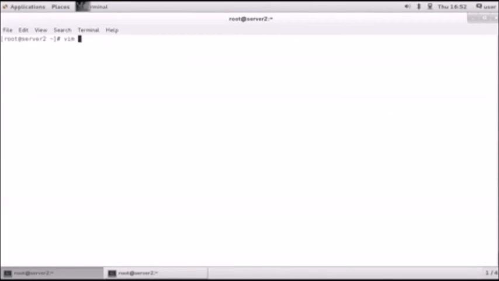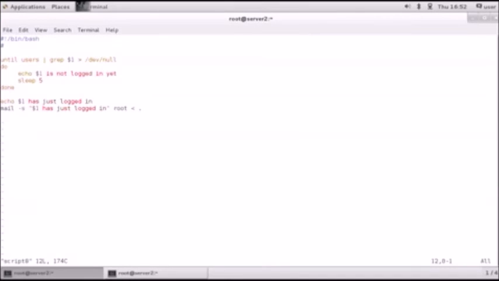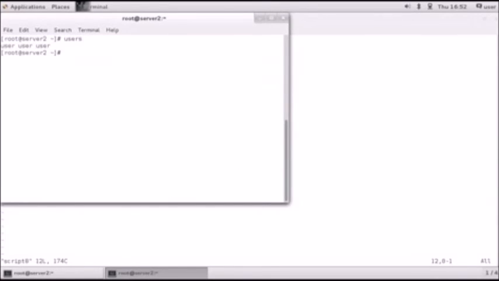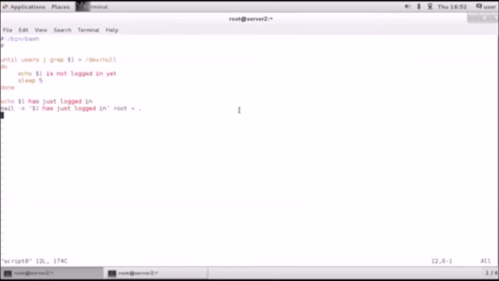Let's have a look at an until example as well, which is in script 8. So what do we see here? Until users | grep $1 > /dev/null. So the users command is showing us all users that are currently connected. User, user, and user. So until in the users command the value that we are grepping for is present, the script is doing what is in the loop. So echo $1 is not logged in yet. Sleep 5 done. And once the test is true, it will exit the loop and it will execute the commands